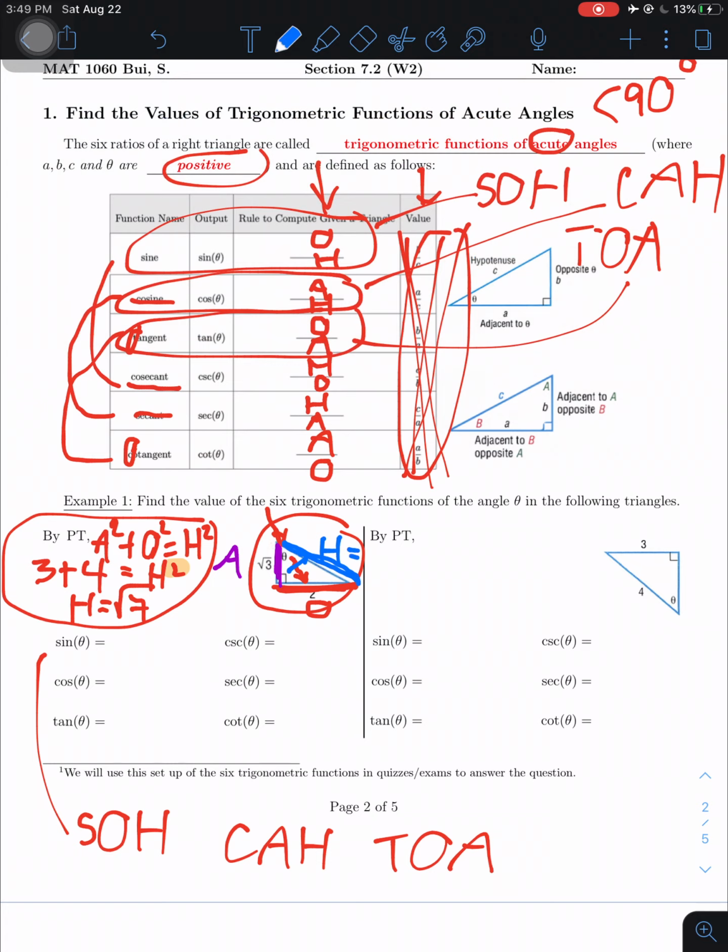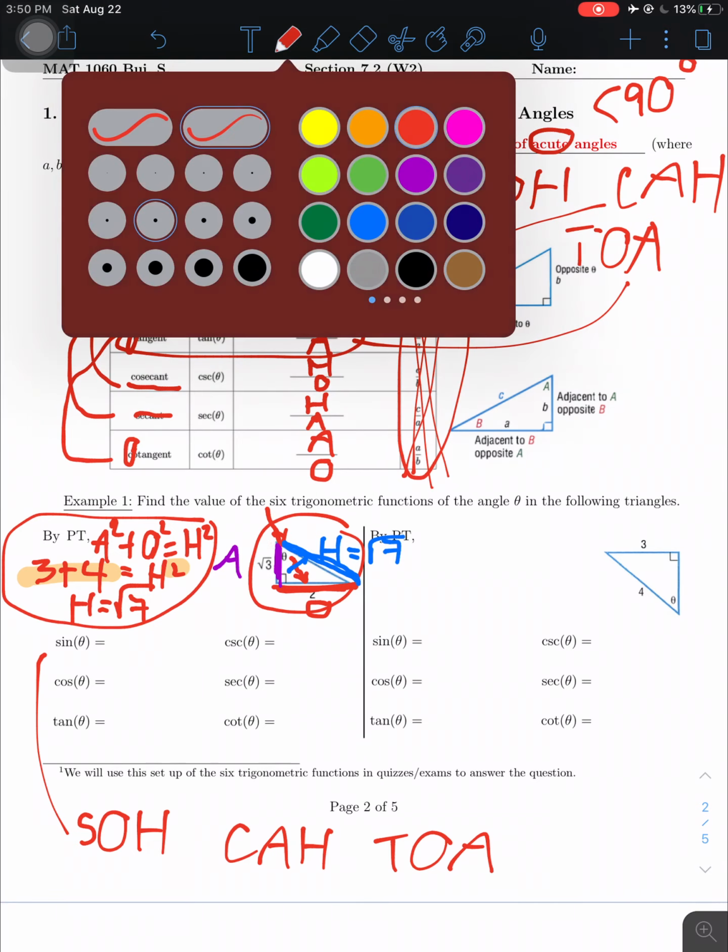Okay, I really want to stress this one, because on the quizzes and exams, a lot of people make this same mistake, and I really don't want you guys to lose any points on this. So just be careful. When you add up the numbers, that's not the final stage. The last step is to take the square root of whatever you got from the addition. Make sure you take the square root. If you don't take the square root and just assume that's your answer, you're wrong. Okay. All right, let's get back to